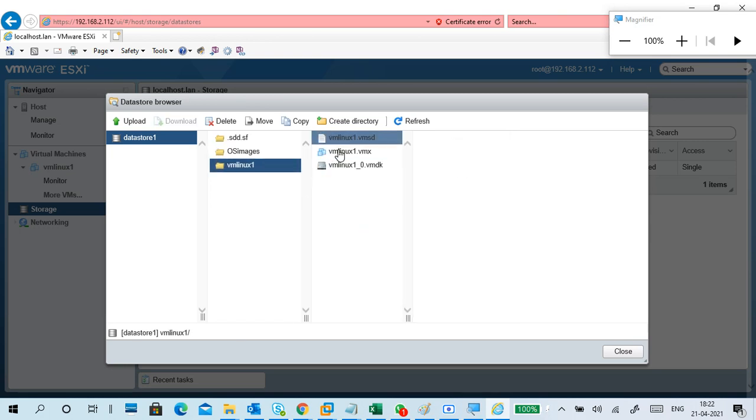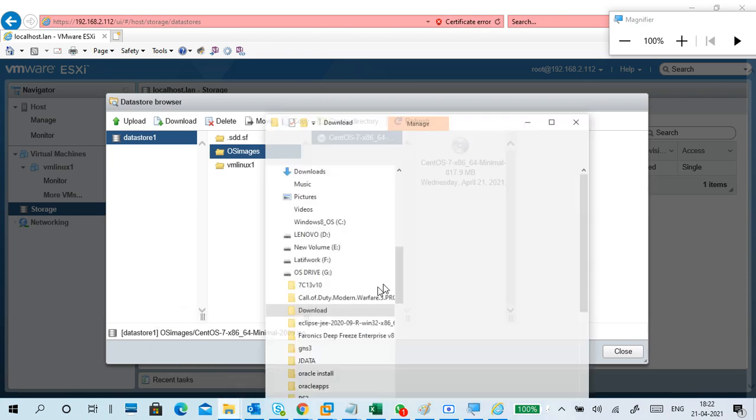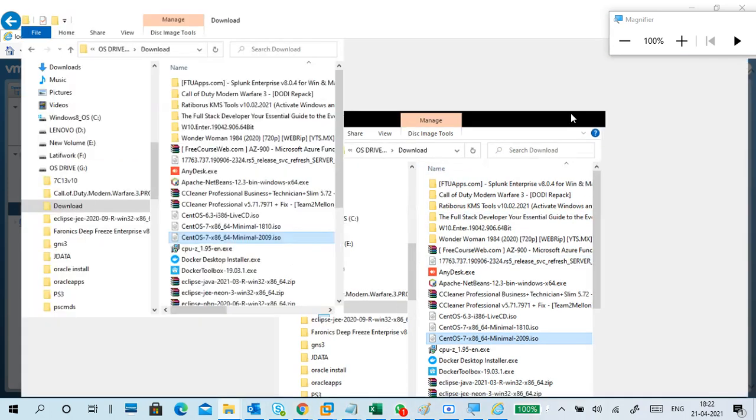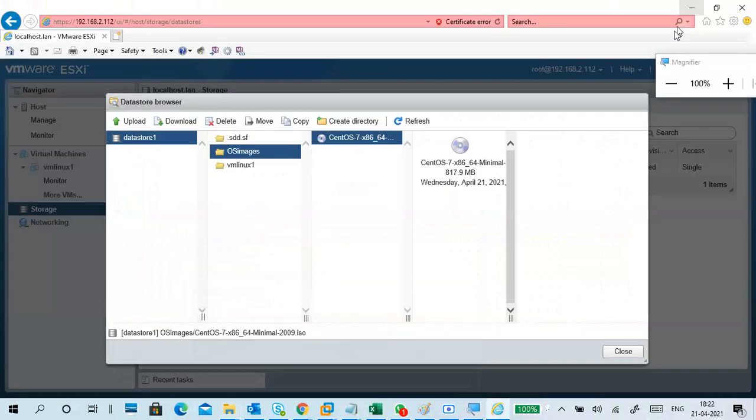Okay, files in here. See, VMDK file, VMX file, VMSD file. Actually, what is the minimal file size? 996. It's a very big file.